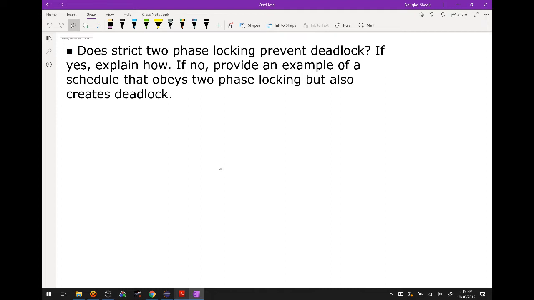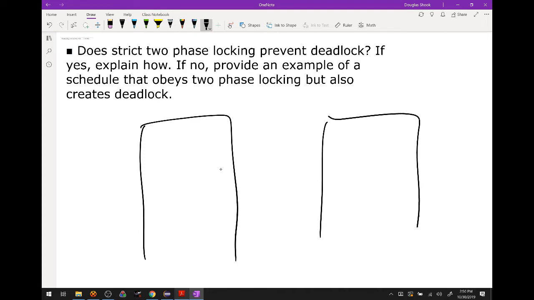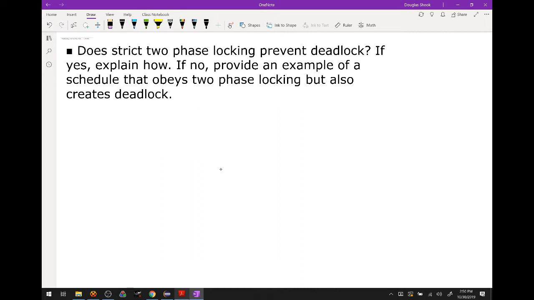So let's think of a schedule that might be able to cause deadlock. That's the next step. Two transactions, T1 and T2. And actually the classic case of deadlock looks something like this. I want to write lock X. Over here, I'll write lock Y. And then here, actually, let me do this over again. We need a schedule. I don't need to see the two transactions. I need to see a schedule. So let me sketch this out in a slightly different way.